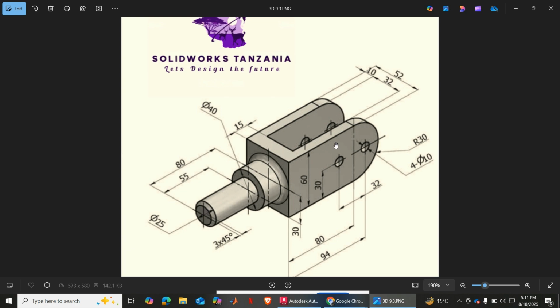So utaona mwenyewe ni rahisi kutoka upande gani. So let's draw this from this front view, from front view kwanza tuchore hiki kipande. So tunaweza tukachora this component here, here, and then this arc here, then here, and then we can extrude it